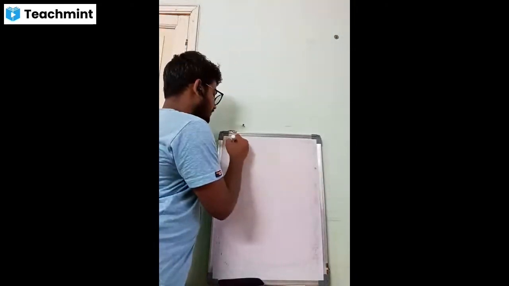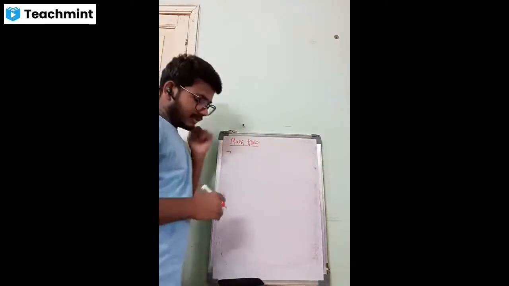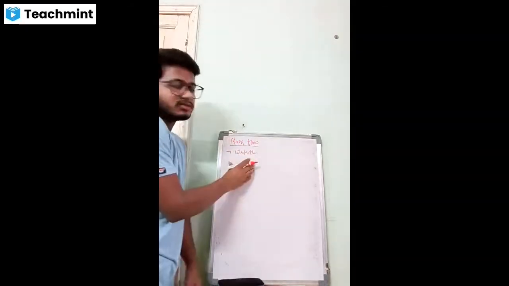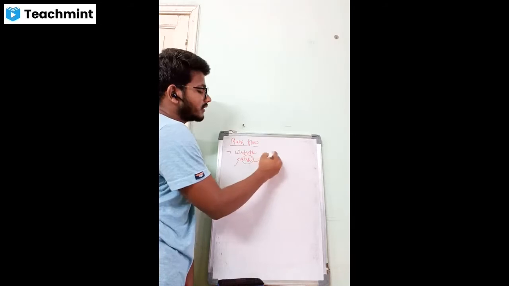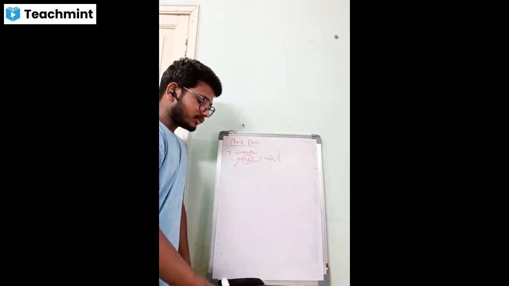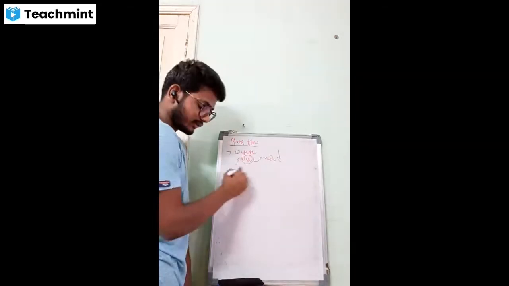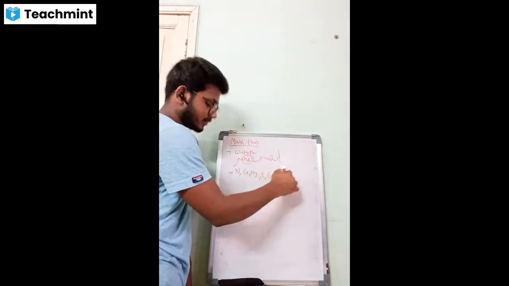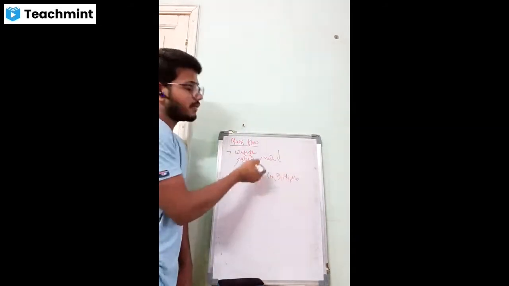Then the next process is mass flow. It is very simple. It is nothing but the movement of water flow. Some nutrients are highly soluble in water, so they are readily available to the plant roots and are easily obtained by the plants. So what nutrients undergo mass flow? That is most important: nitrogen, calcium, magnesium, sulfur, copper, boron, manganese, and molybdenum. These are the nutrients that undergo mass flow.